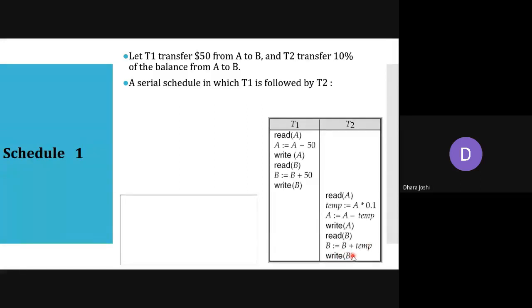Okay. Till now, does anyone have any query? What is this T1 and T2? Does anyone have any query till this? Okay. Do I need to repeat what this T1 and T2 does?